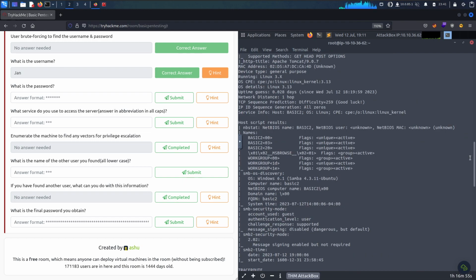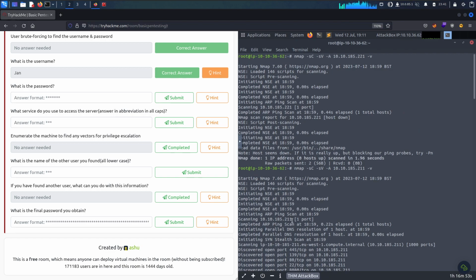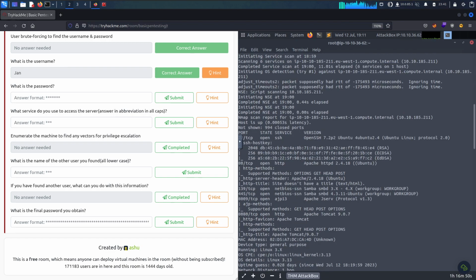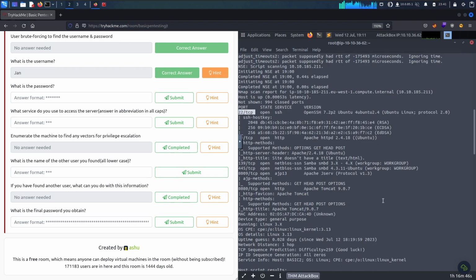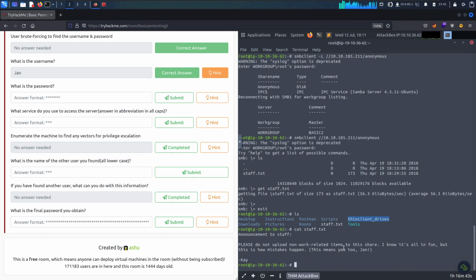We know that SSH is also open. Yeah, there is port 2022. So I'm going to brute force SSH with Hydra. Let's use Hydra, dash L for the username, so we have Jan, and dash P for the word list. I'm going to use the rockyou word list